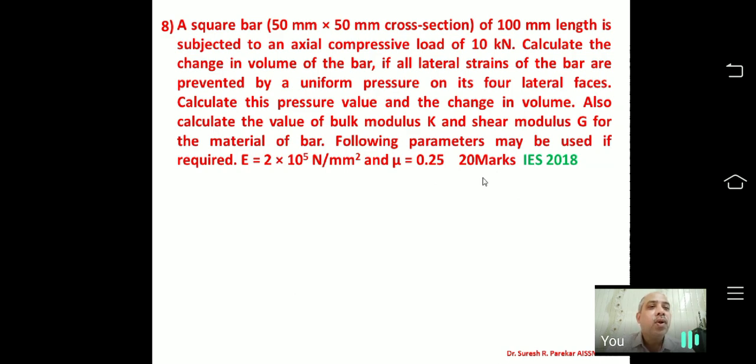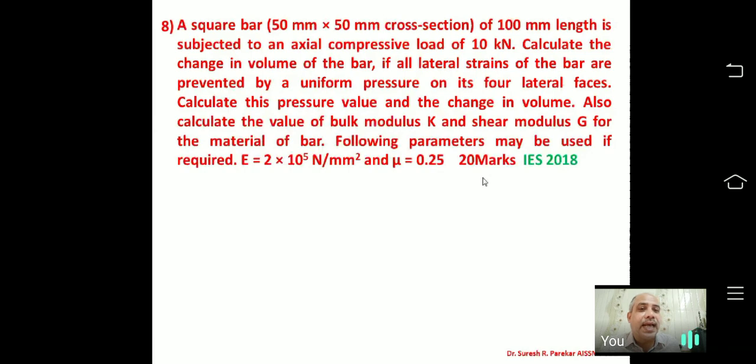So now force applied is 10 kilonewton, length is 100 millimeter, cross section 50 by 50. First I will find the values of sigma xx, sigma yy, sigma zz. How will I find them? I know epsilon yy is 0. I know epsilon zz is 0. Because deformations are not there, that means strain is 0. Because strain is delta deformation of the member upon the length or dimension of the member. So if no deformation, that means strain is 0.